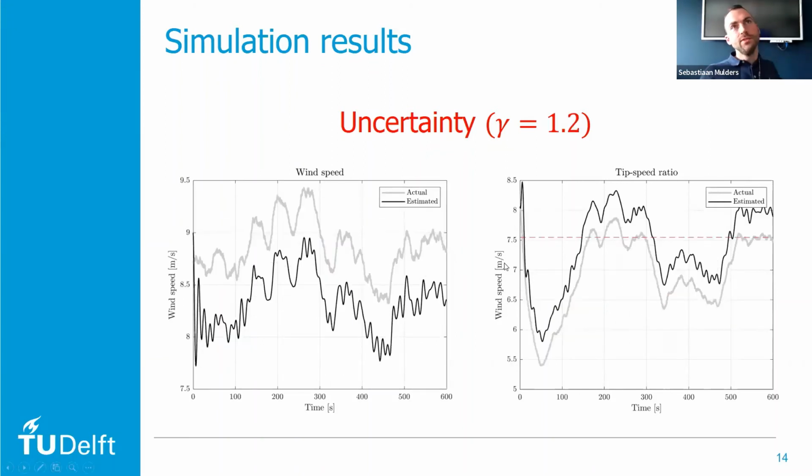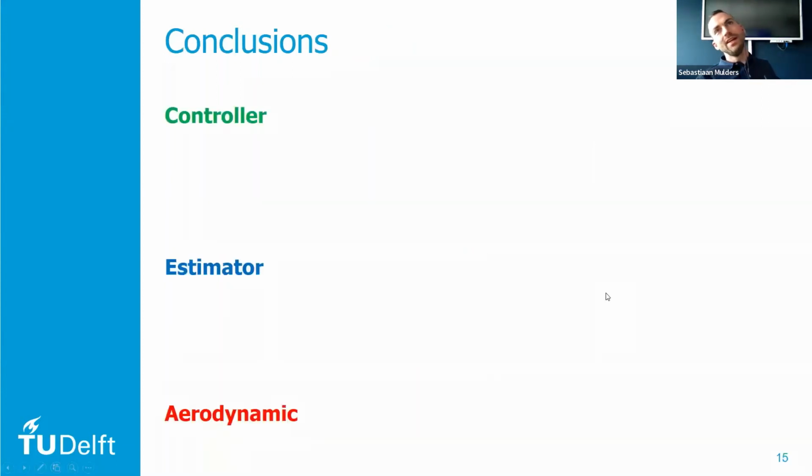Again, same conclusion for uncertainty in the other direction. We now underestimate the wind speed, and the wind turbine is now operating at a lower tip speed ratio than we intended it to be. Conclusions,